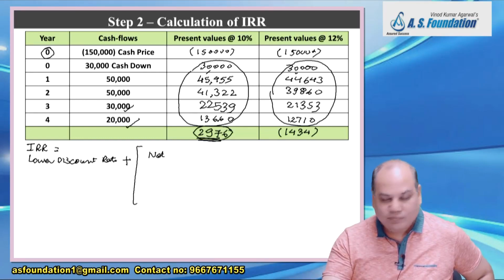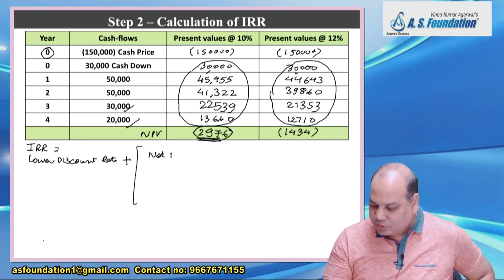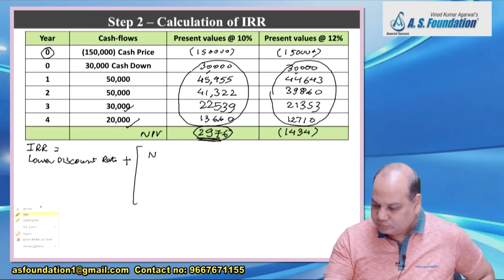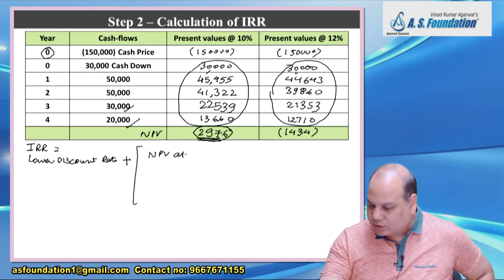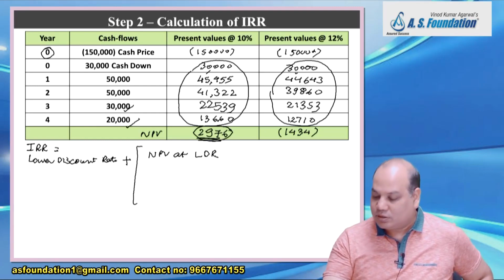What it is called? So we can write NPV also. This is called NPV, net present value. So write NPV at LDR. What is LDR? Lower discount rate upon